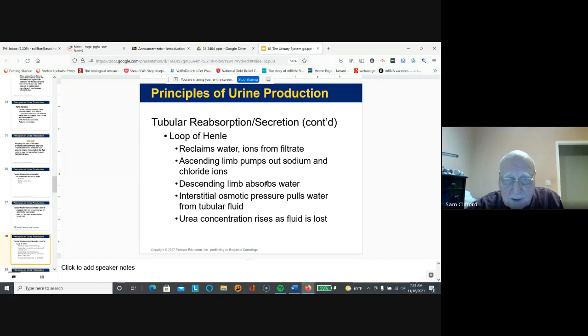As I said, the descending limb absorbs water, and as you move down the loop of Henle, the osmotic pressure, in other words, the concentration of sodium and other ions, causes water to leave primarily the descending limb. So the urine concentration rises as fluid is lost, and so most of the water in your urine, depending upon